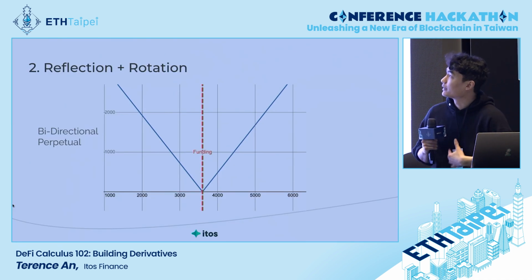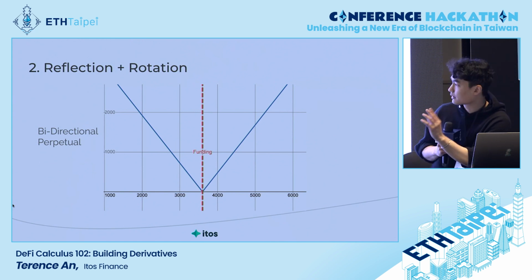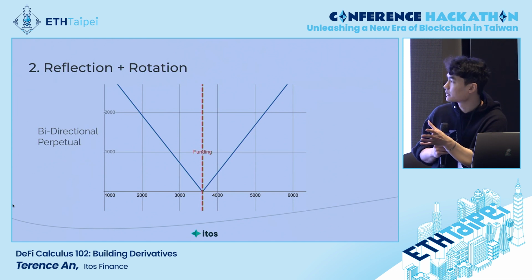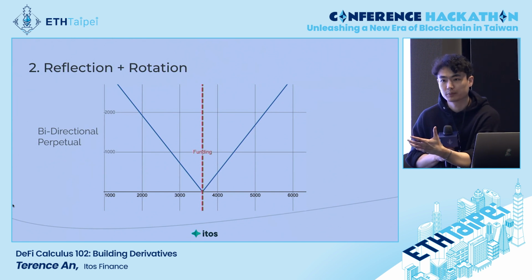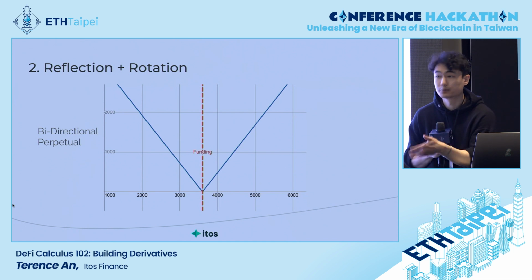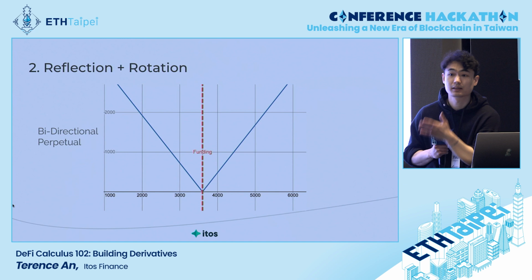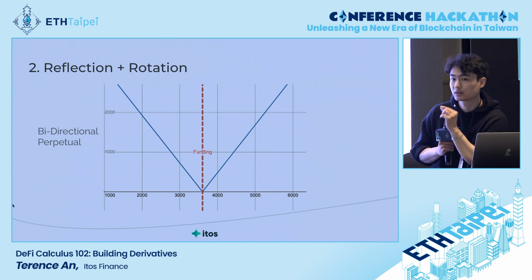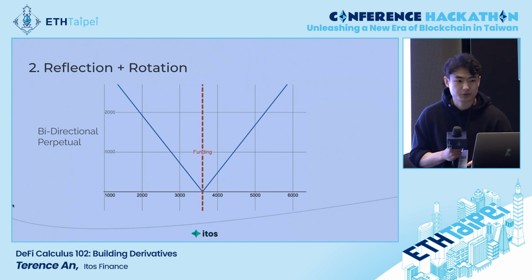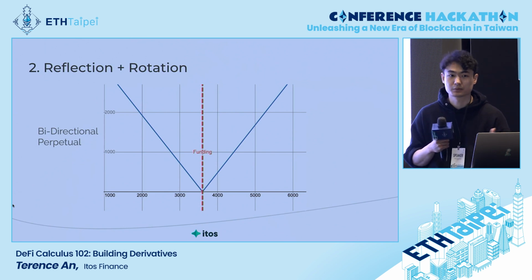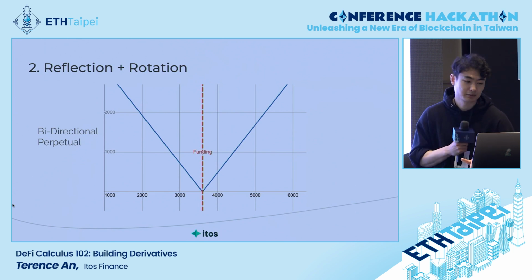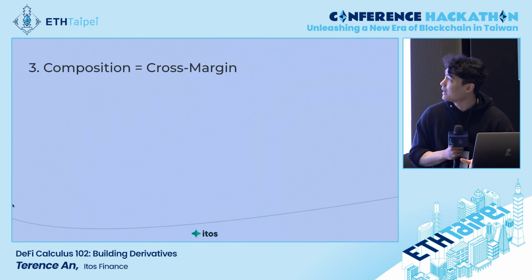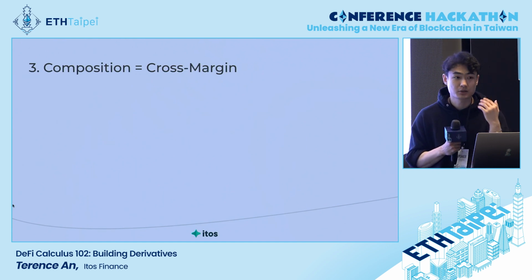And once we start combining this reflection and rotation technique, we can start doing some crazier things. I narrowed down the market making range to be really small, right at the current price, rotated it by 22 degrees, and all of a sudden you have a bidirectional perp, meaning whichever way the price moves, you profit. The exact same way a perp would, but now you pay a slightly higher funding rate as long as you're sitting in the middle. So that's a pretty good deal when you're just trying to bet on volatility and you have no idea which way the price is going to move. Probably like right now.